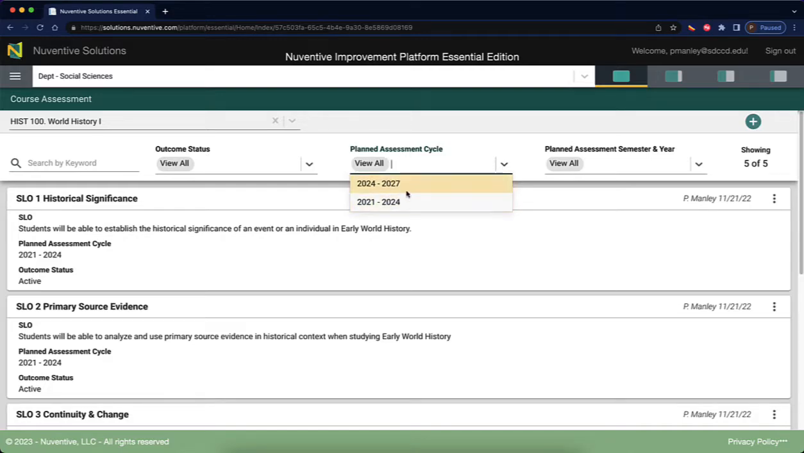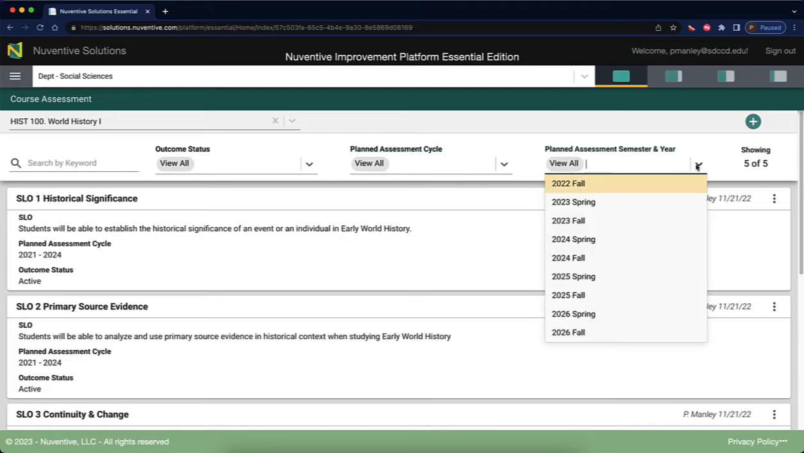Once we get more cycles in here, it'll be easy to go back and look and see what you want to do. So this is a multi-select field. And then you can also go over here and you can look at the cycle. Remember, we're on a 3-year cycle. What year and what semester did you plan to assess? And we'll talk about how the platform knows this based on when you actually add